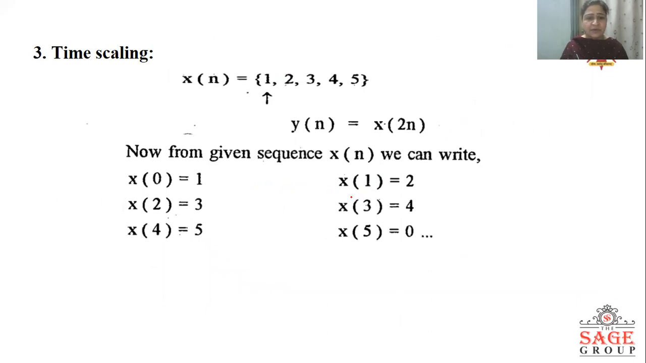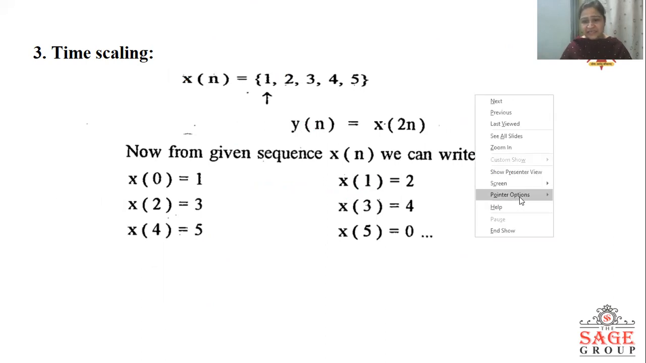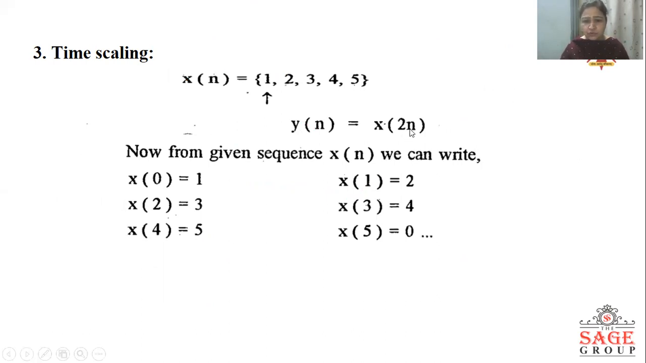Now, the next operation is the time scaling operation. Now, say I have any sequence x[n] and I want to generate another sequence y[n] is equal to x of 2n. Now, in that case, what I'll get, I will have a time scaled signal which is given by x of 2n. Now, say if I put n is equal to 0, I'll get x of 0 as y of